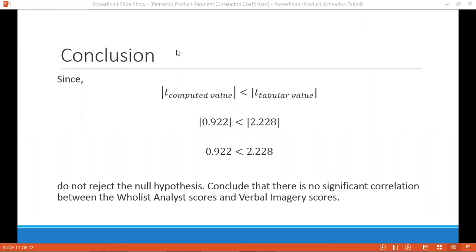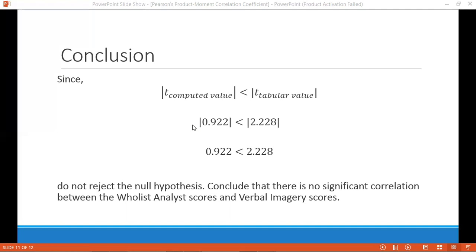T sub the computed value. Ang computed value natin is 0.922. We get the absolute value of that one. That is 0.922. Now, for the tabular value natin for this given is 2.228. Now, since 0.922 is less than 2.228, do not reject the null hypothesis and conclude that there is no significant correlation between the wholest analyst and